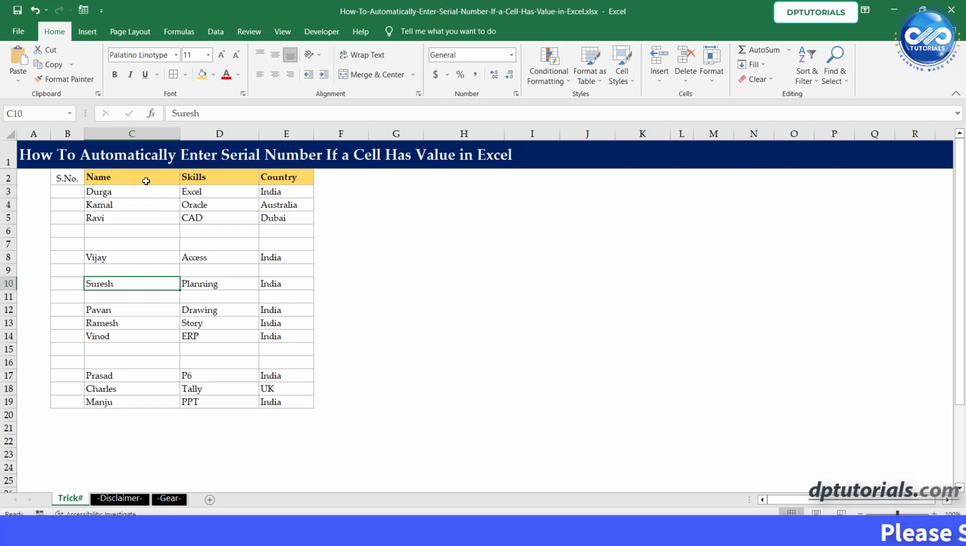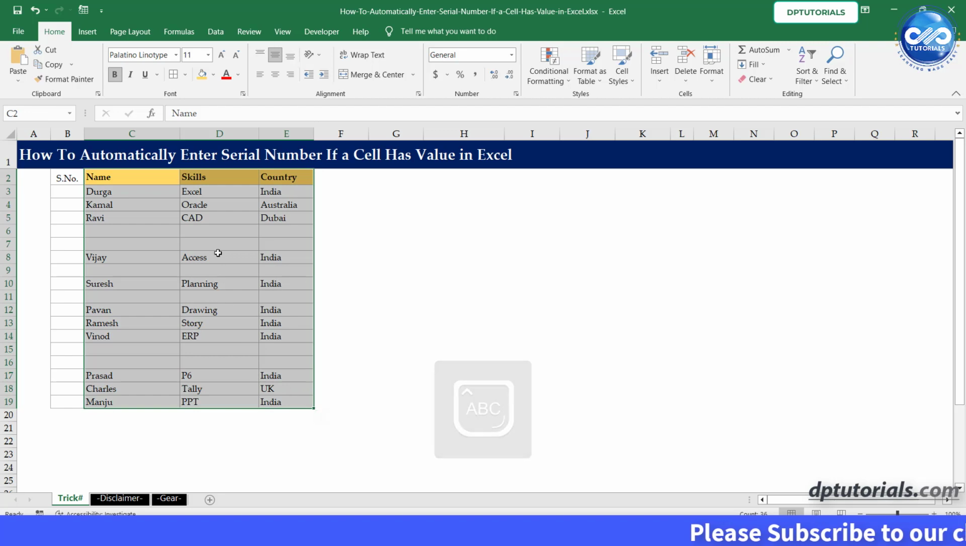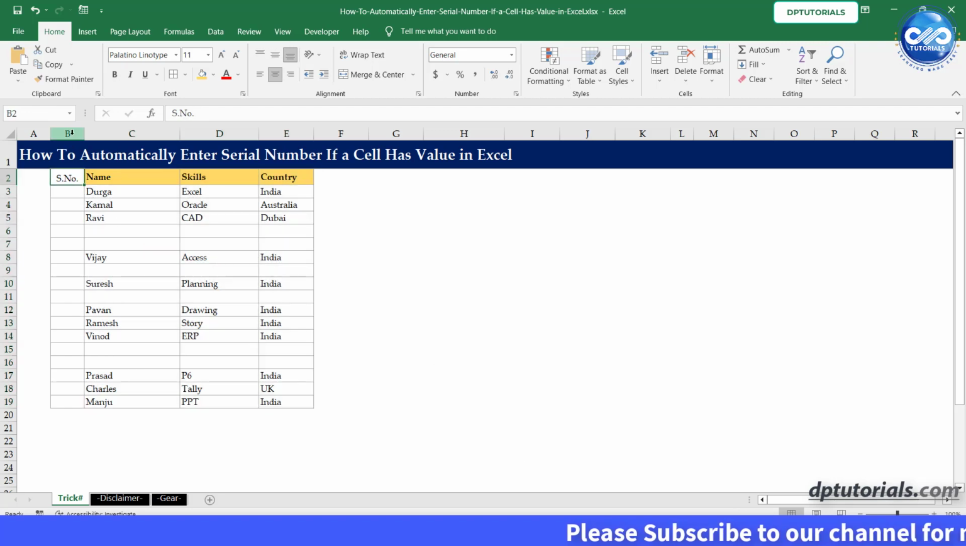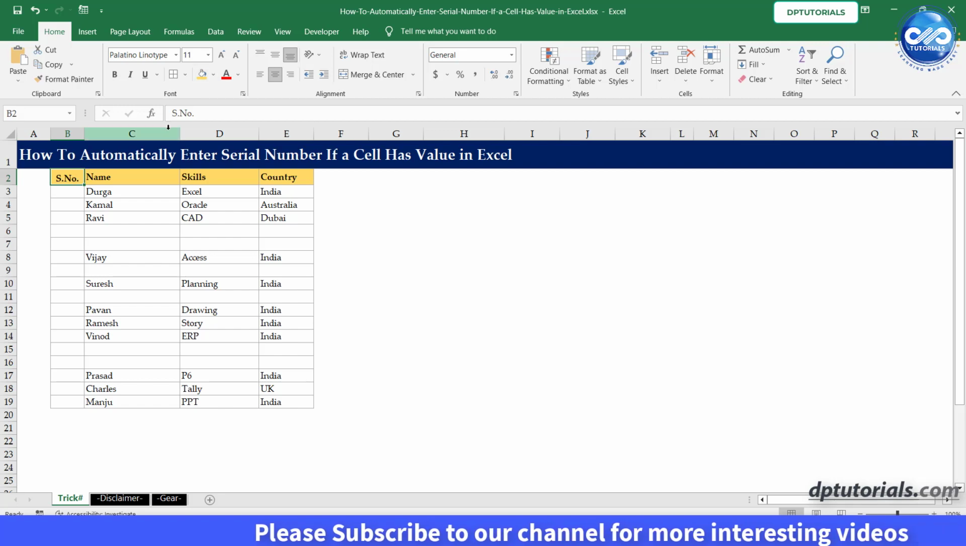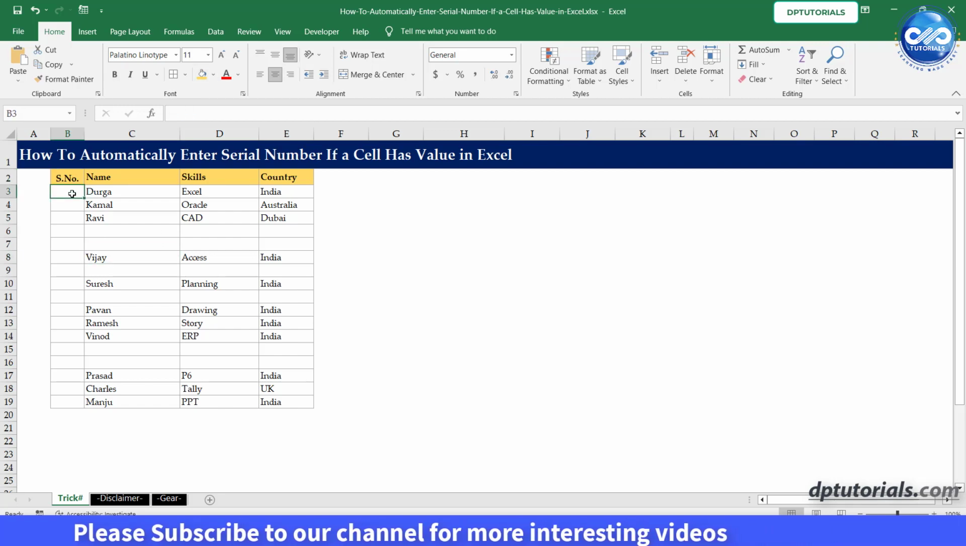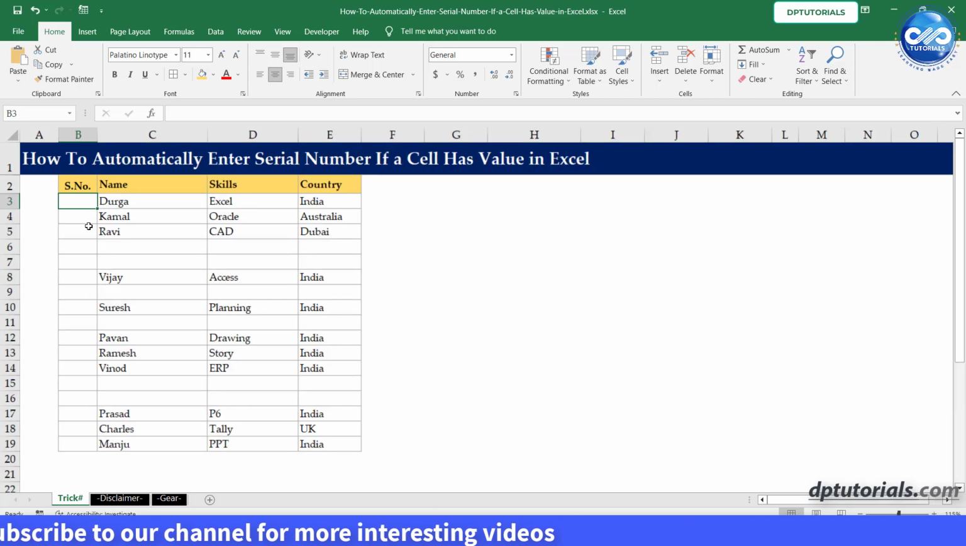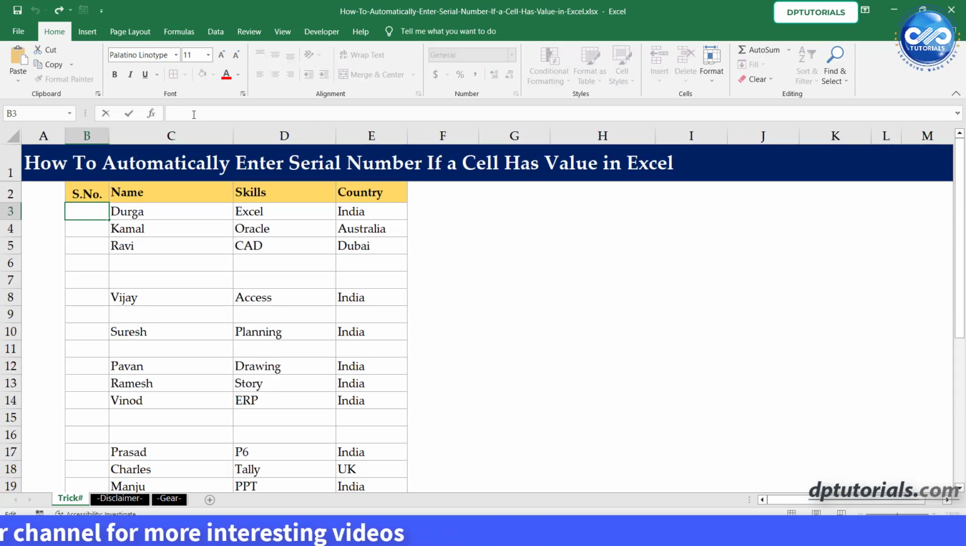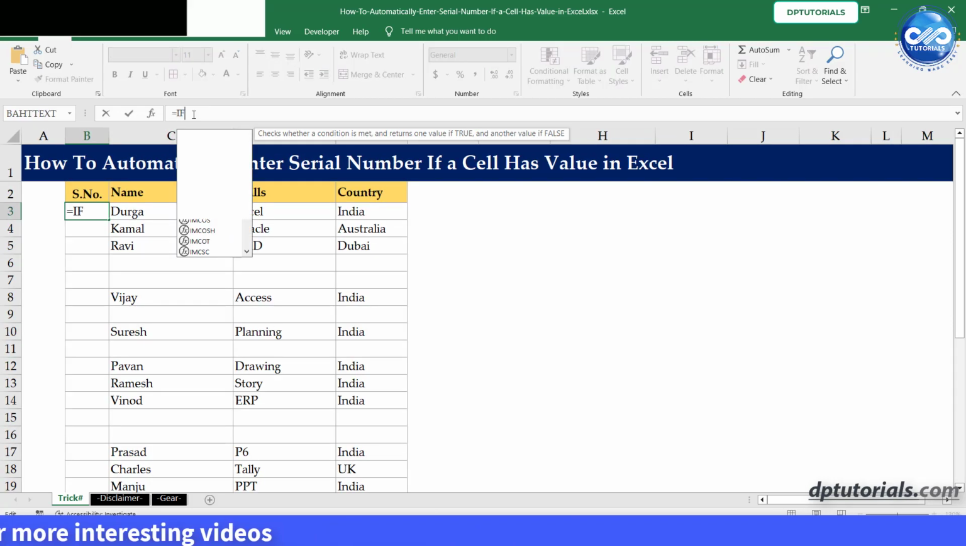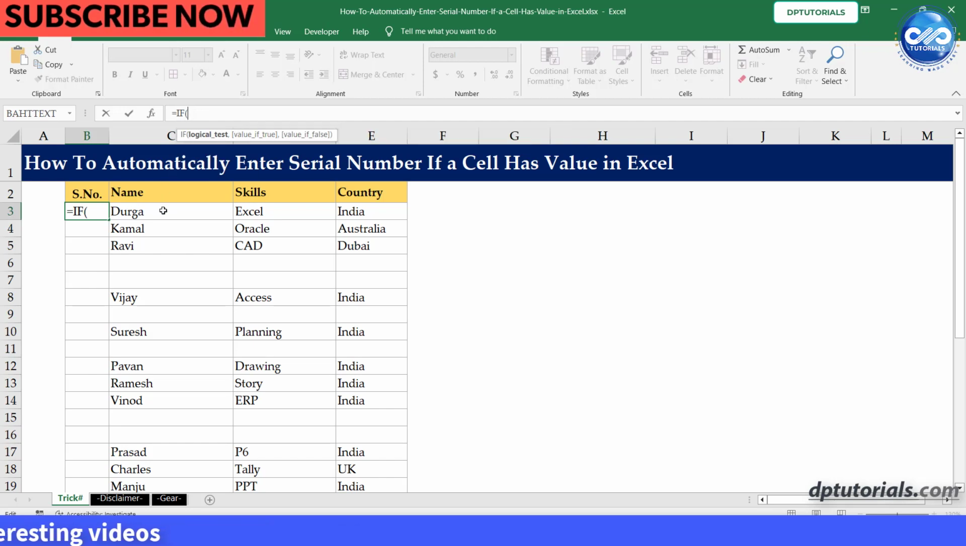Here in this Excel, we have data from column C onwards like this, with some blank rows in between. Choose a column where you want to enter the serial numbers, excluding the blank rows. Say column B. Go to cell B3 and type the formula as =IF(, select the